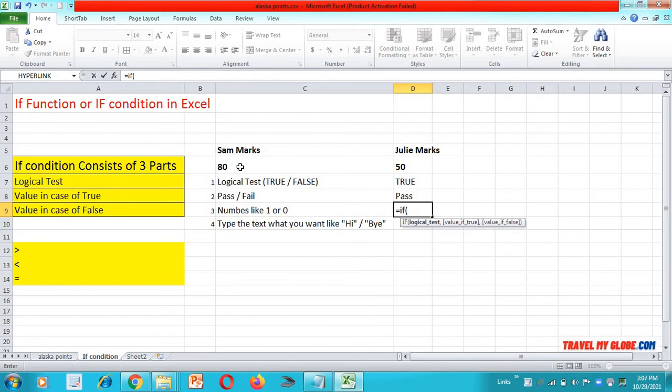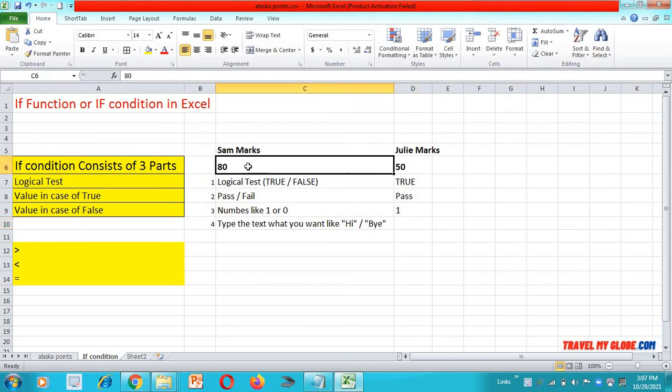I want to compare this with Julie's marks, and if this condition is true, I want to type 1, and if not true, I want the result 0. You don't need to put the numbers in double quotes. I repeat, please don't put numbers in double quotes. Now press enter. See, this works.